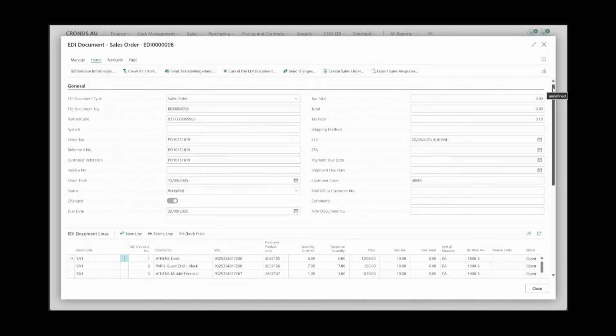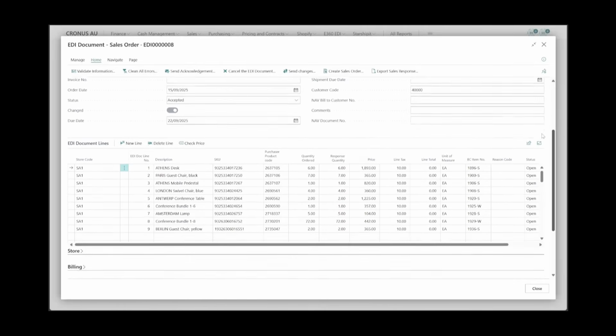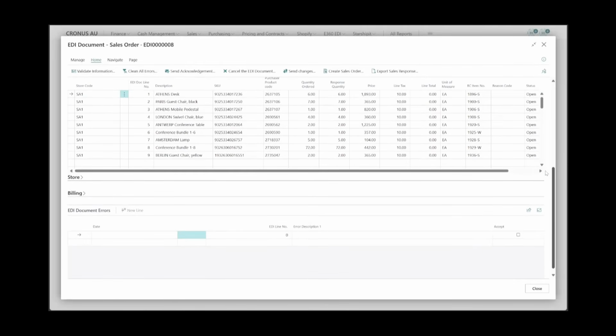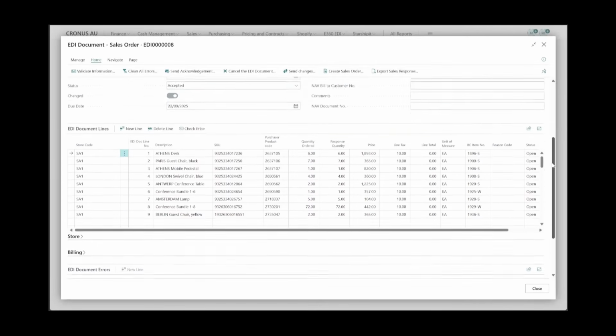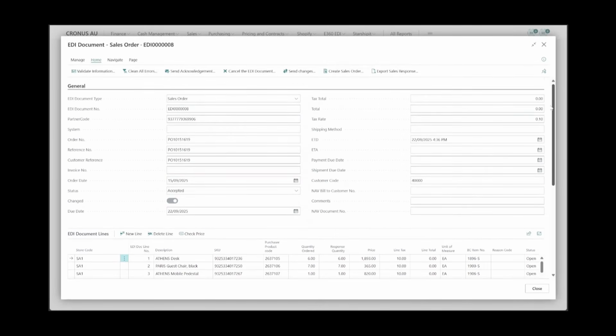So on this page, we can see some familiarity with a standard Business Central order page, and this was designed to be as intuitive as possible for the users. The page is split into three main sections, including the order header, the lines, and an easy-to-navigate error log. And we've really tried to automate the pain points that businesses usually face with their ordering, including data matching and